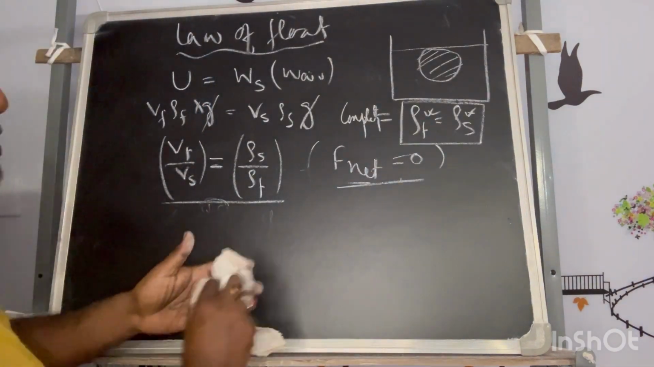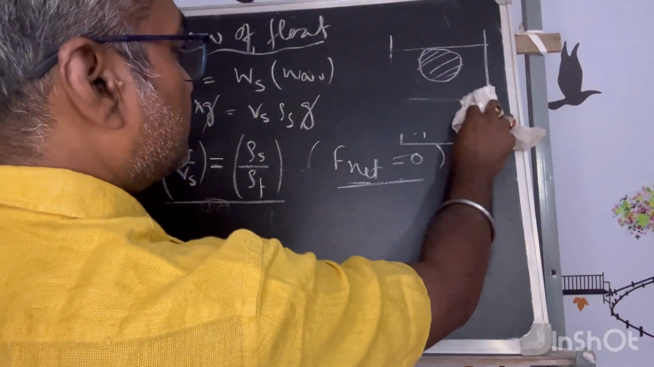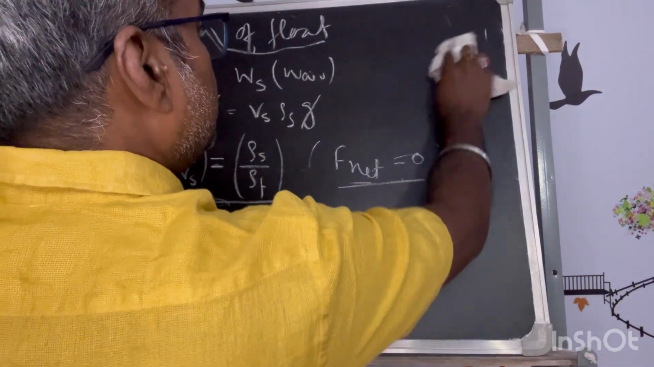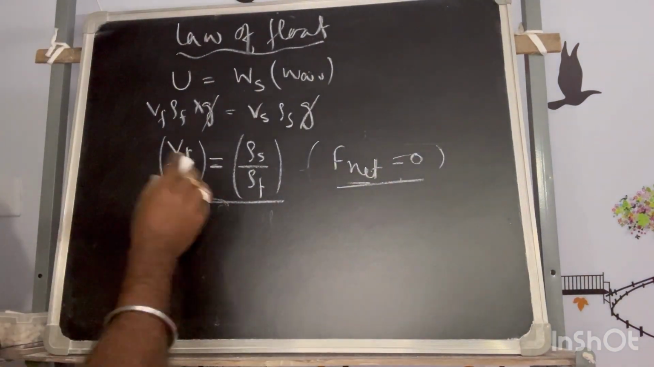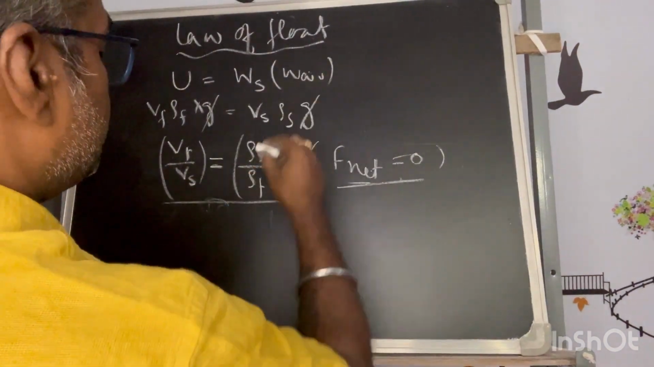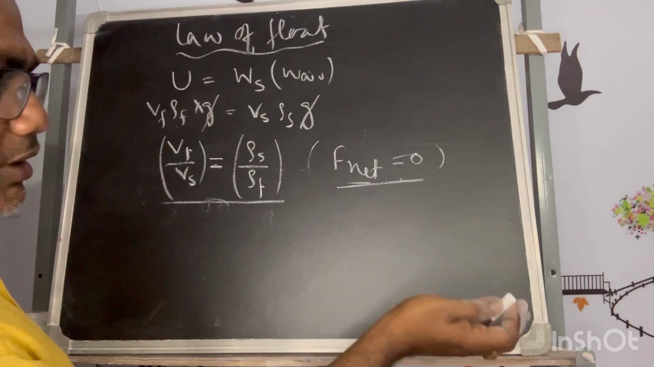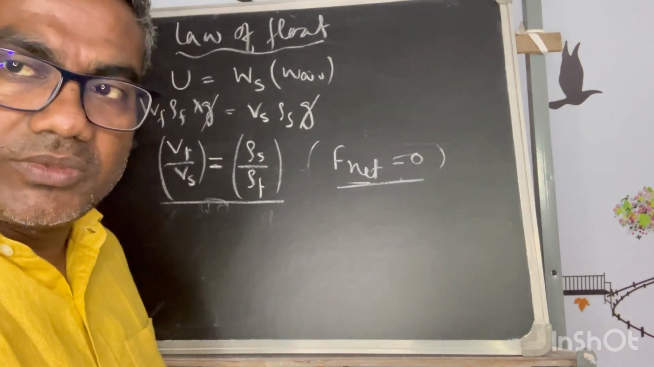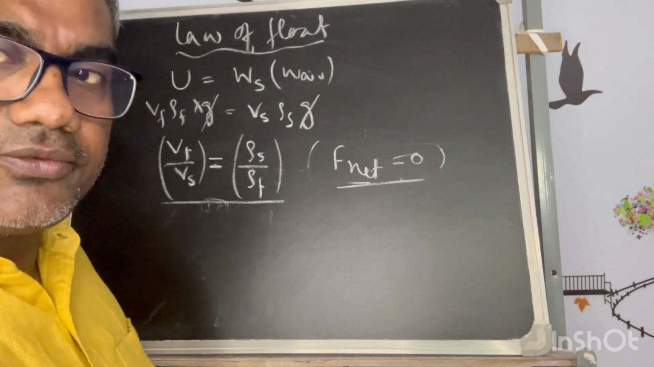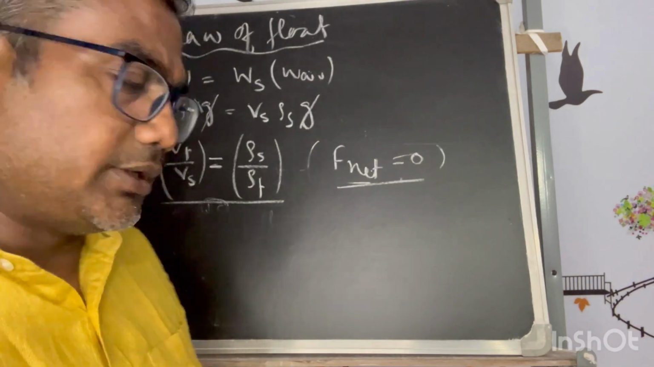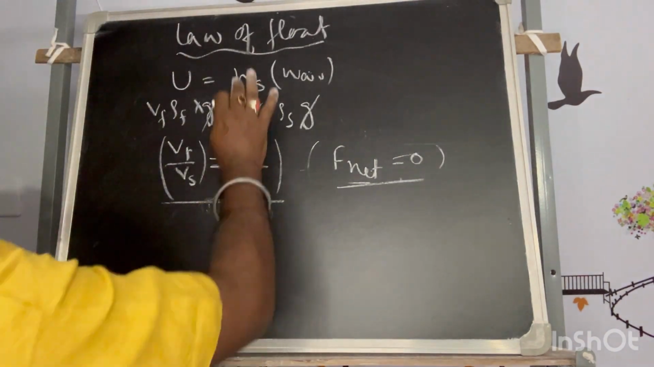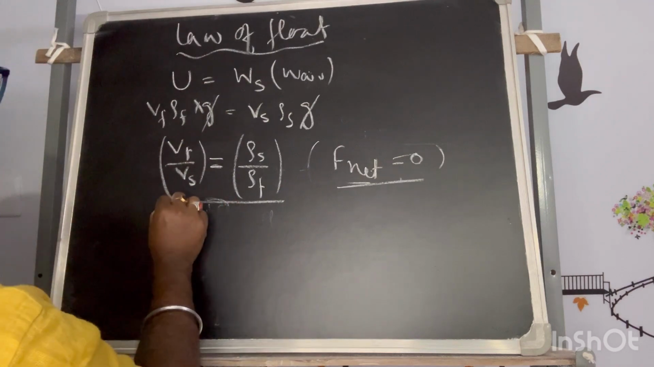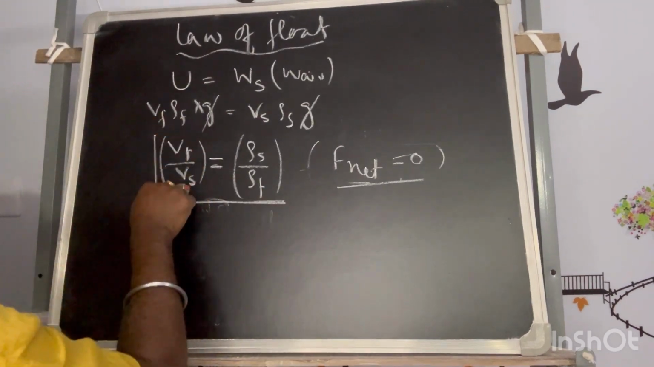is zero. This is a unique condition if it is completely immersed. But there are possibilities that the solid may float anywhere, partially dipped or fully dipped. This is the theory of Archimedes. So the law of floatation is established by this